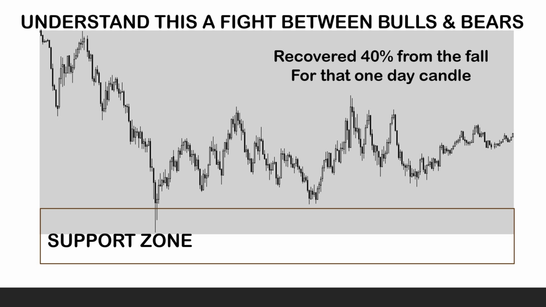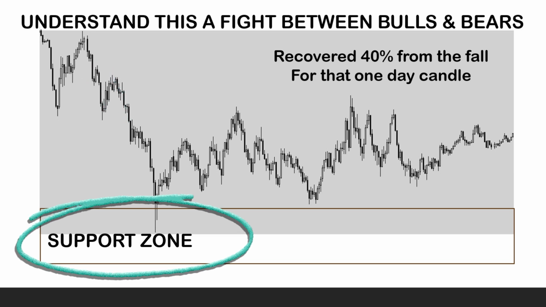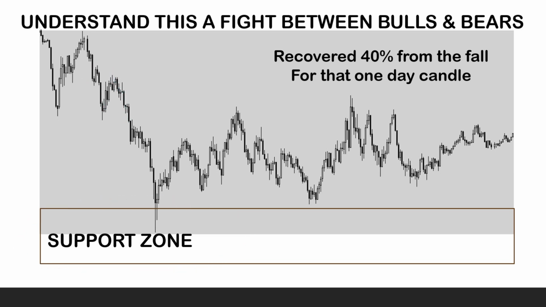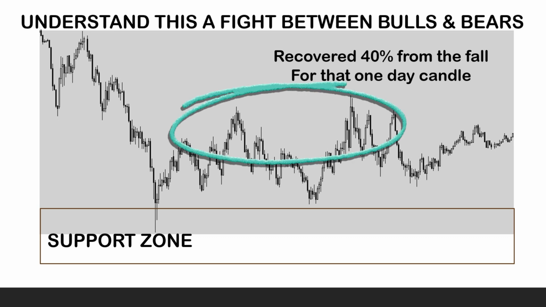Now you can see in this gray zone, the market opened, the bears pushed the market down. Then the bulls pushed the market back up, almost close to the opening area. Then the bears pushed the market down. It went till the support area. Now in this support area, there are bulls, so they push the market up. But you can see that the bulls were not able to push the market too much. That means the bulls were not very strong at this area.